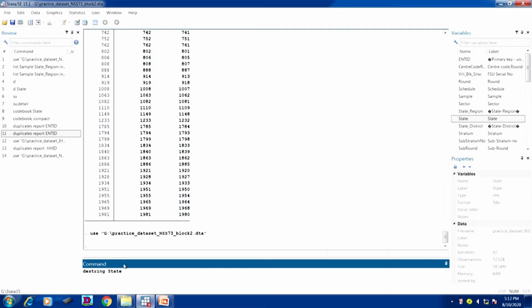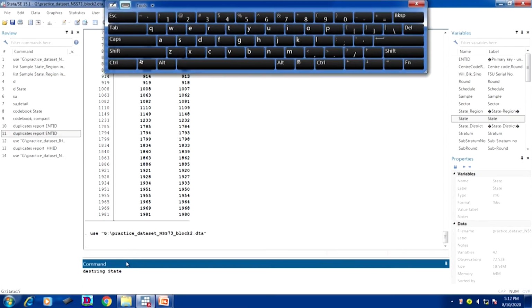Let me first start with destring, then variable, then generate. Okay, then I will show you. For example, let me put a comma here, then generate, to generate a new variable. I am trying to generate a new variable, then within brackets the variable name state. So, state new.